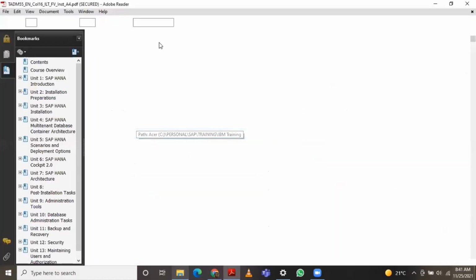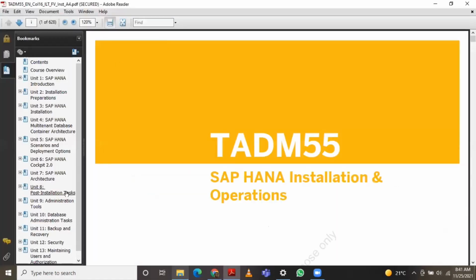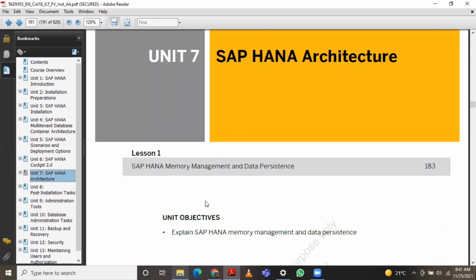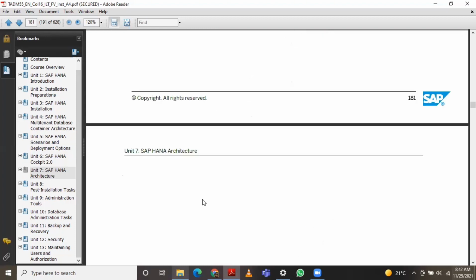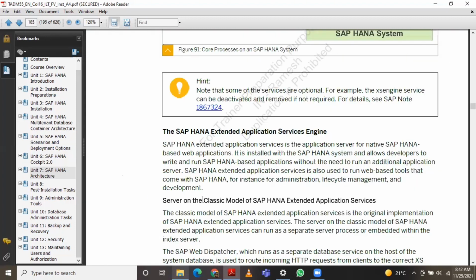We are going to start the merge operations today, how it will work. Last class, we discussed a lot on the persistency storage, how the data will be stored between data and log volumes, and how log volumes will be updated, how the data volumes will be updated. So today, related to that, we are going to discuss